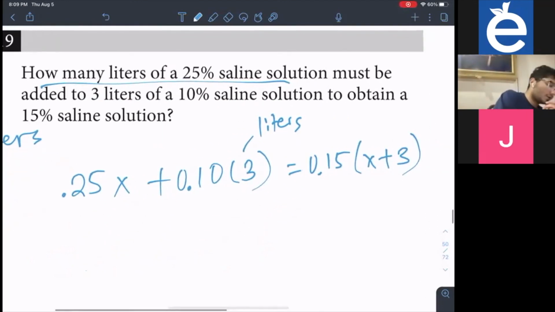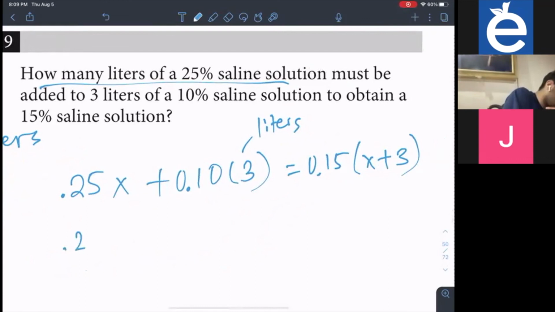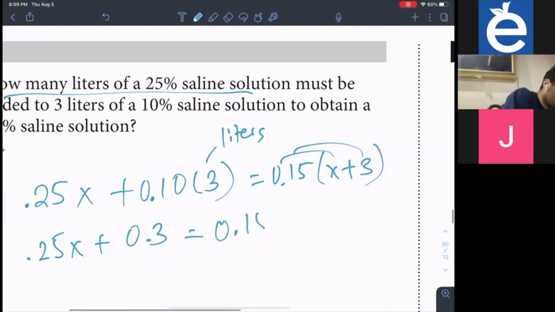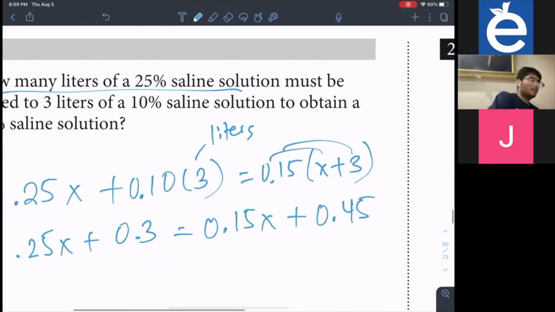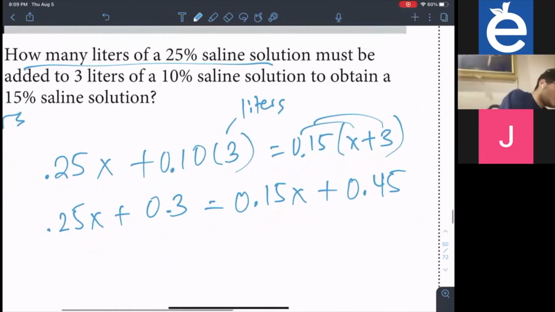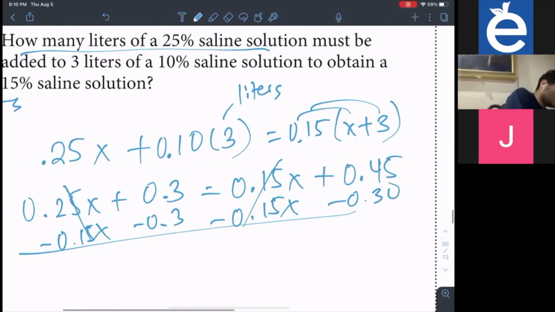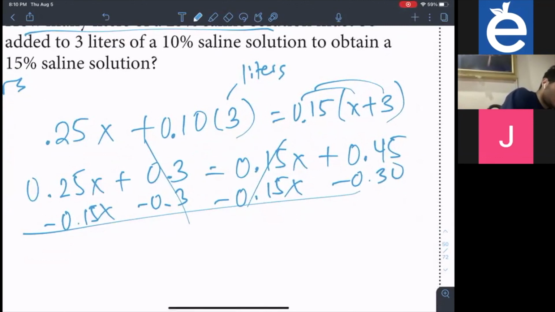So we can combine like terms, and so we get 0.25X plus 0.10 times 3, which is just 0.3, is equal to, distribute the 0.15, so you get 0.15X plus 0.45 liters. And then you combine like terms, you subtract the 0.15X, and subtract the 0.3. Oops. So you're left with 0.15 is equal to